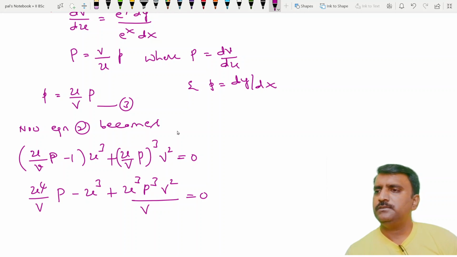Actually this is v cube, right? u cube P cube by v cube into v square. One of this v square cancels, and here this is u to the power 4 by v into P minus u cube plus. So now simplifying this,